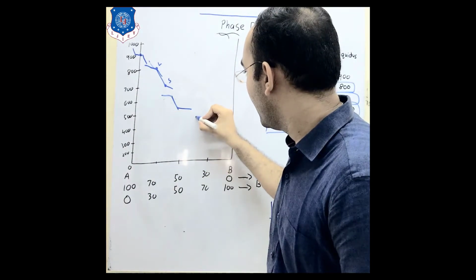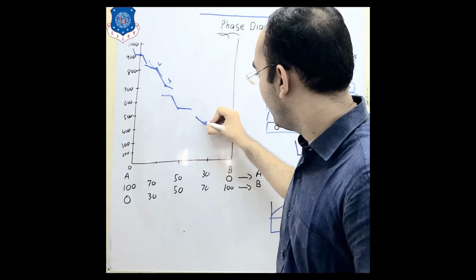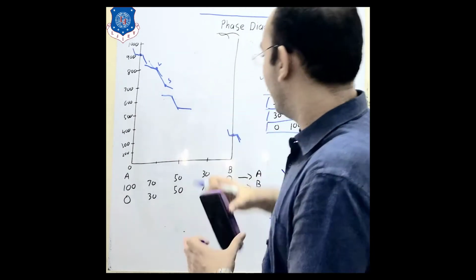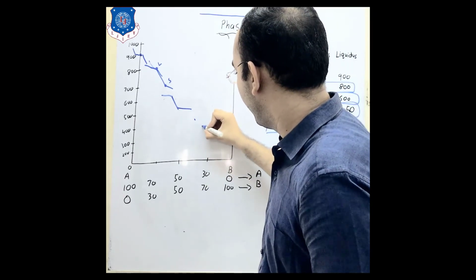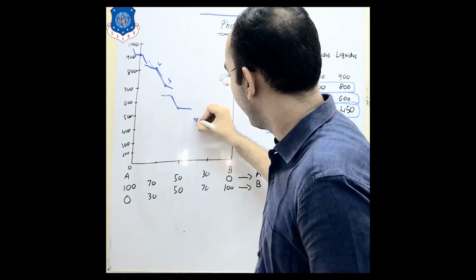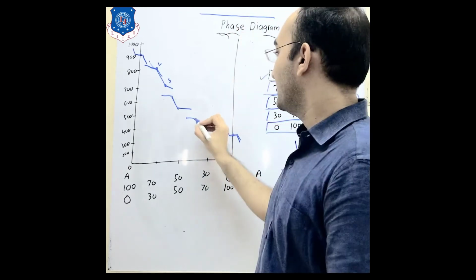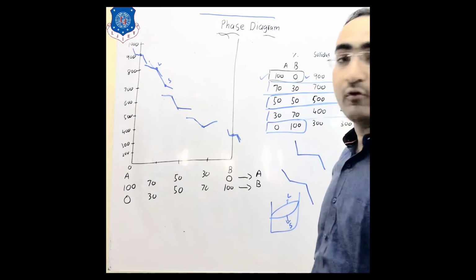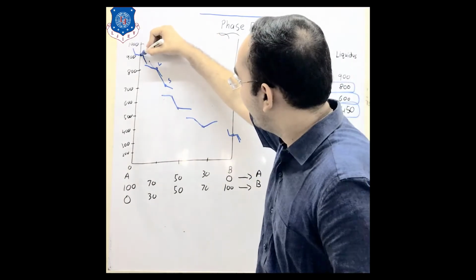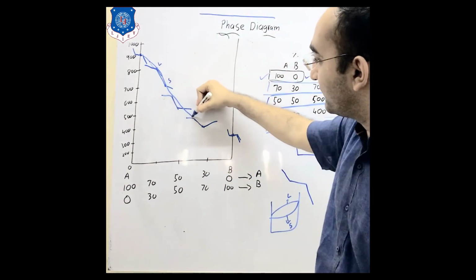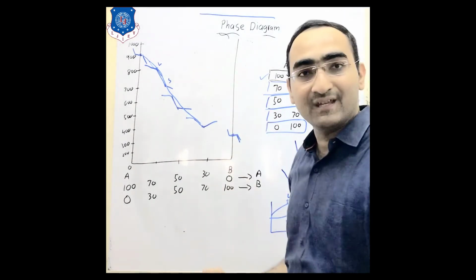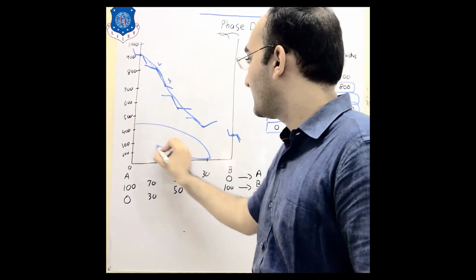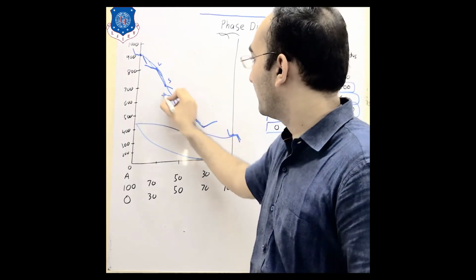450 will be over here and 400 will be over here. So if you draw this over here, then 450 and 400. So these are the points. These are the 5 different cooling curves which we have drawn. Now what do we have to do? We have to join all the cooling curves for this particular solidus region. If you draw all the regions, you will get this type of curves from all these points.